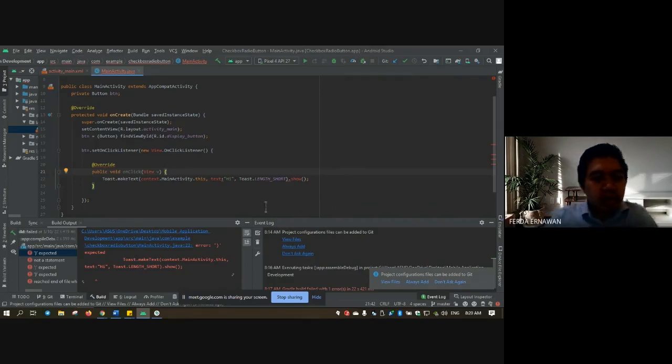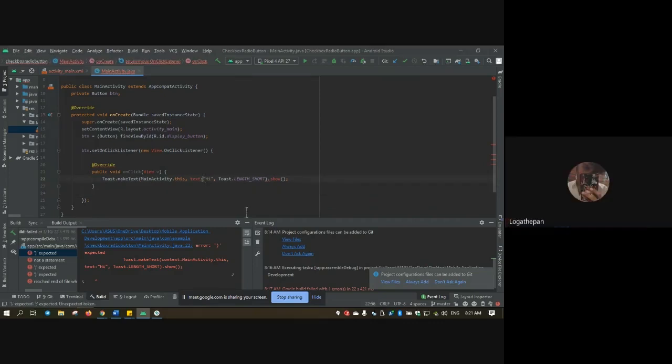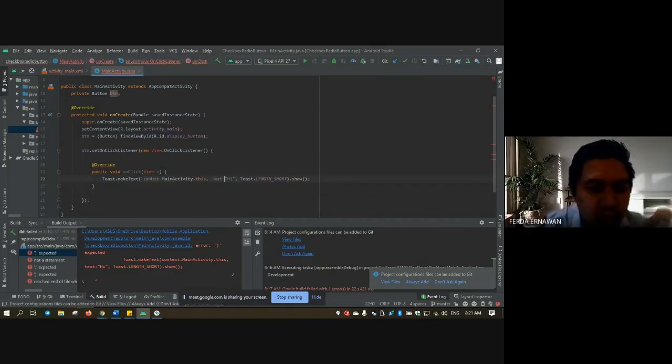Your mistake here is you don't need to type context. Actually, I don't write the context. I just type main activity, your class. So try to remove context. And also the text, I didn't write the text, I just open the bracket.